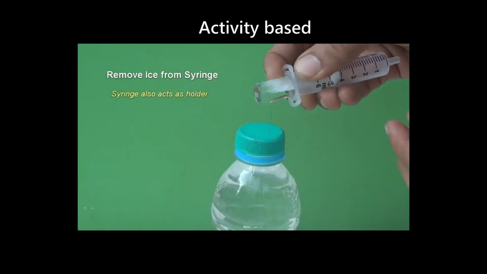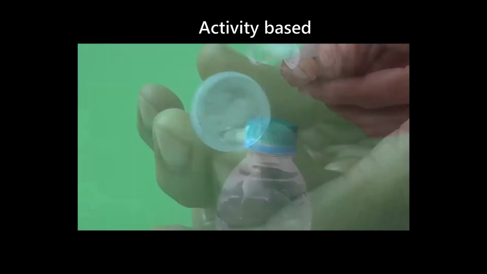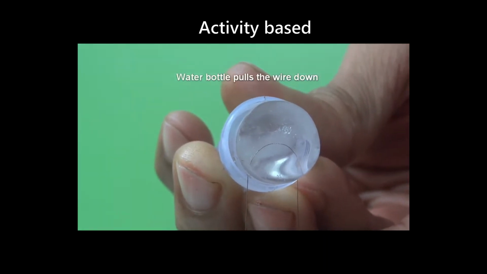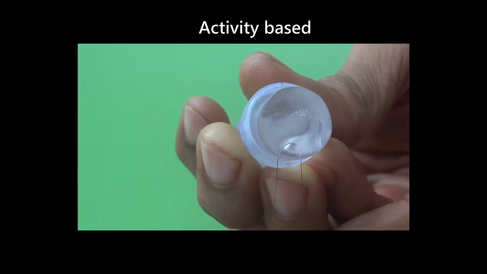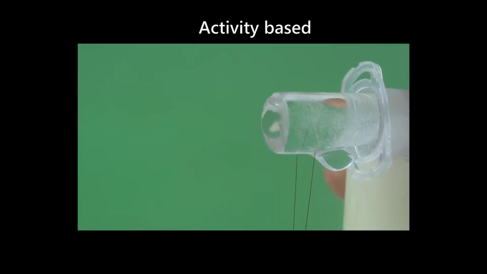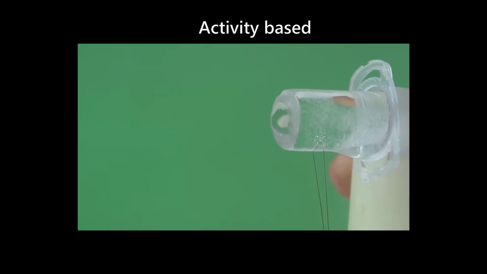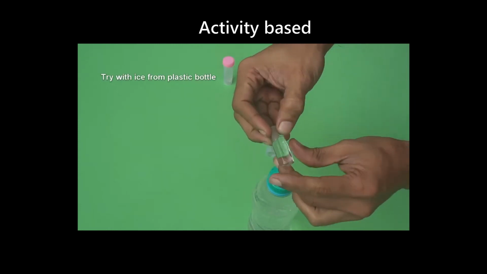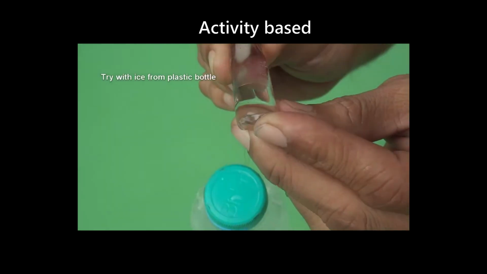Activity-based video has the most appeal, as it explains the concept well with demonstration. In this demonstration video, the concept of regulation is explained with the help of syringe and copper wire. Use of everyday resources in the activity also means that students are likely to perform this activity at home themselves.